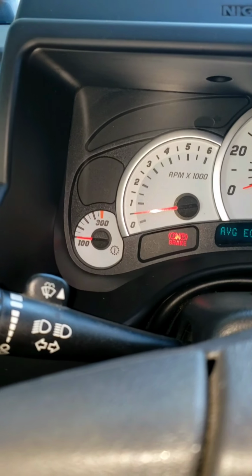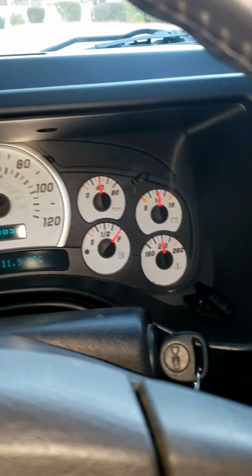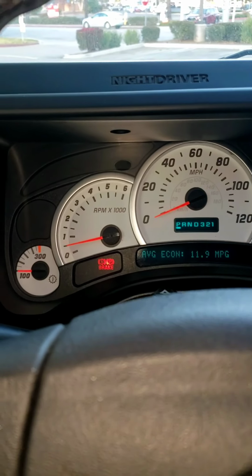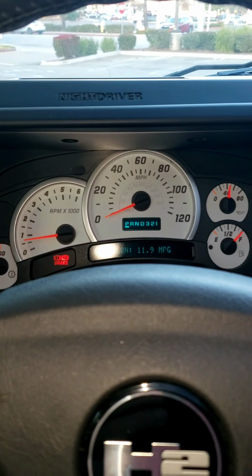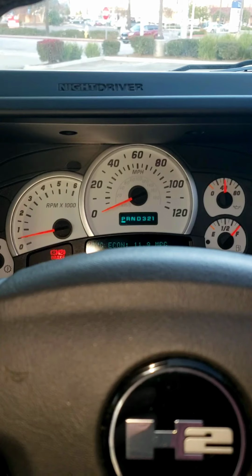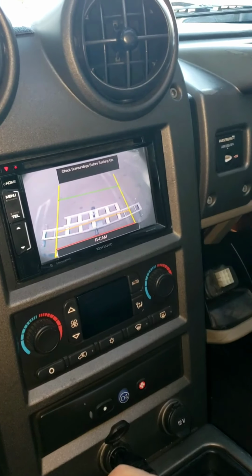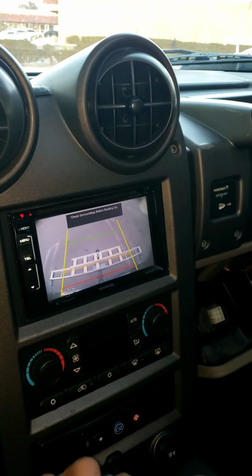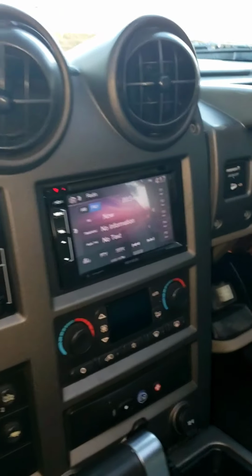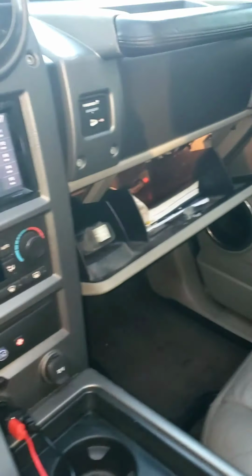We got a transmission gauge. We got a coolant temperature gauge. And all basic gauges are the same. Listen to the badass 6-liter. It's got a MagnaFlow exhaust with tip. Backup camera. Little Kenwood. Pretty good. I got my kid's bike rack on the back. Gear shifter. A little dirty inside, but